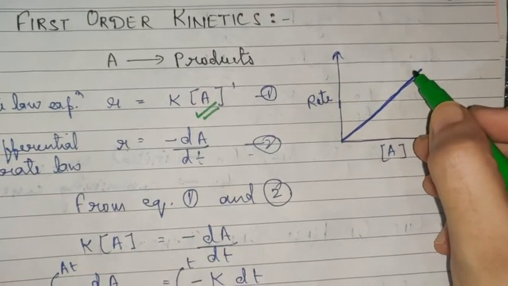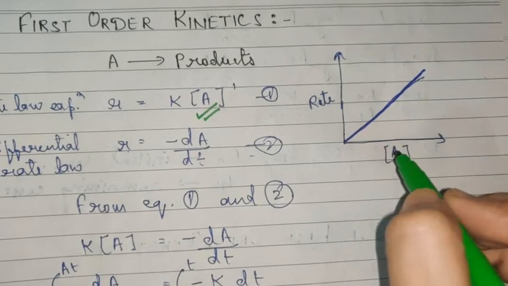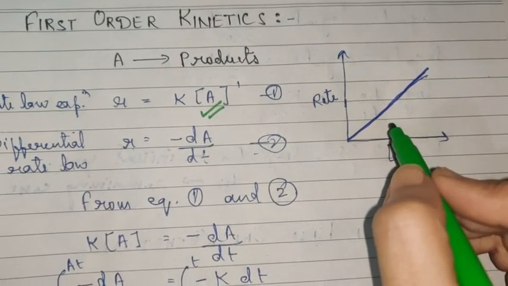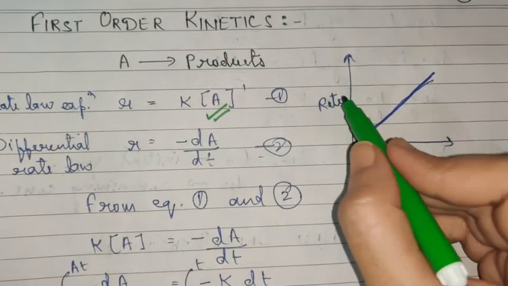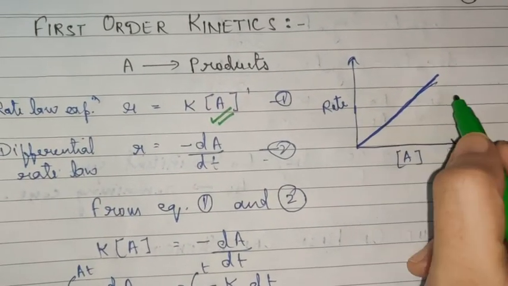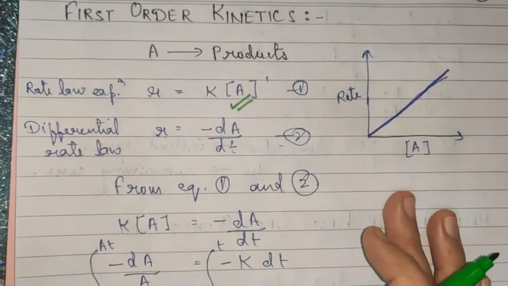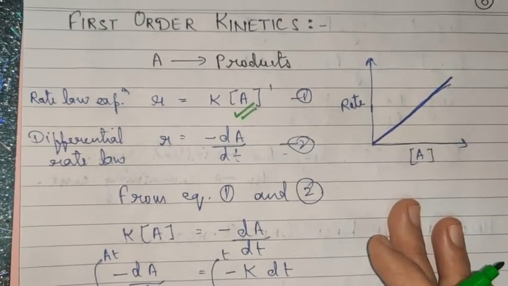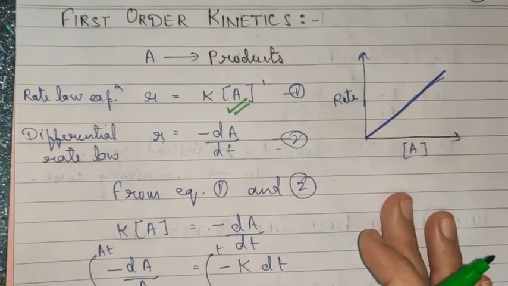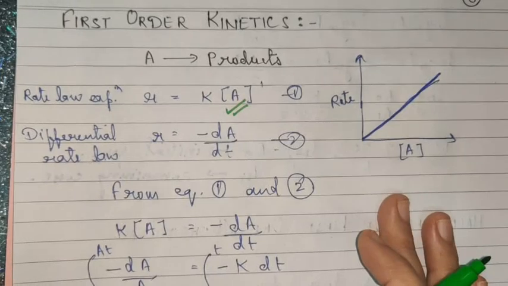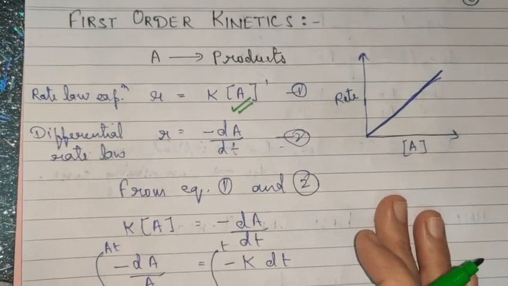And if you remember, in zero order kinetics, the rate and the concentration were independent. Rate does not depend upon the concentration of the reactant. So the graph was like this. Children, graphs are very important because most of the times you get the graph in your examination and it is asked to identify the order of the reaction. And for your CBSE board exams, you need to study only zero and first order reaction.